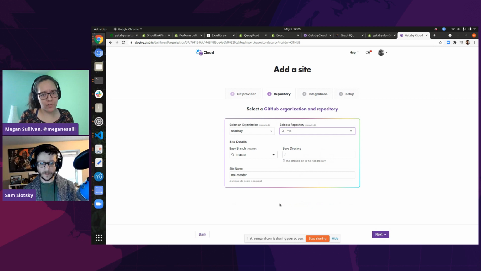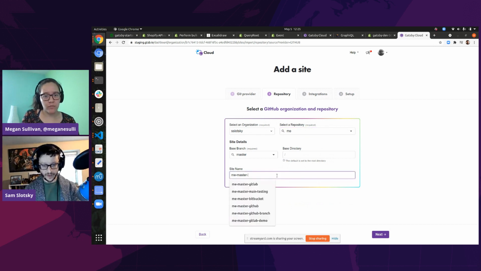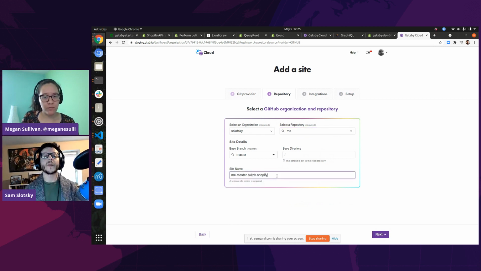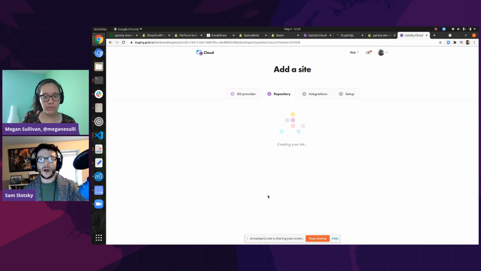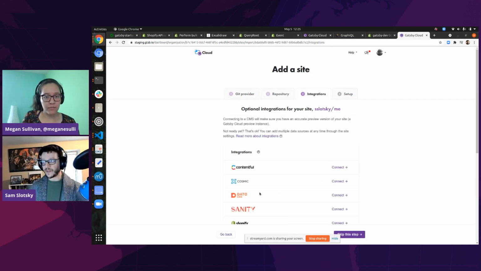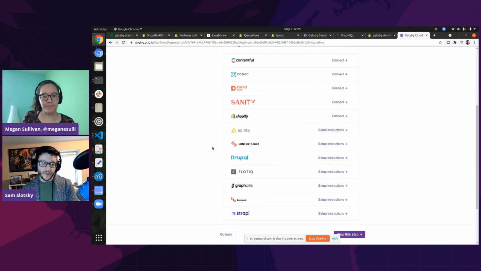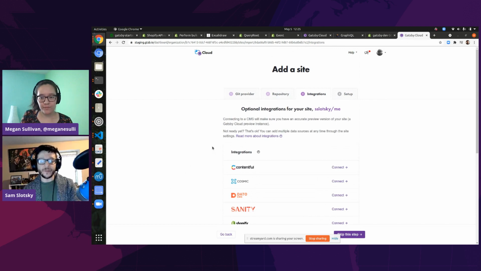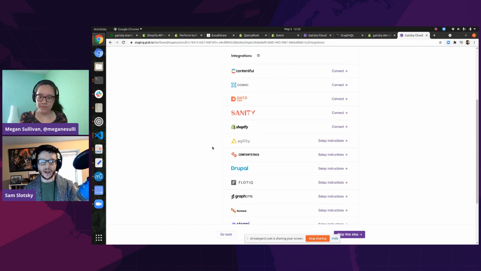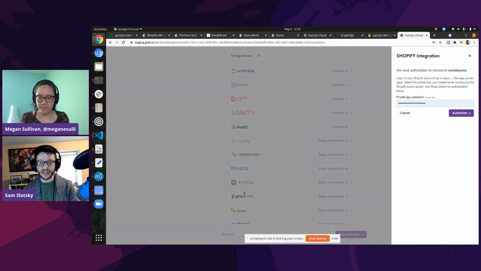And what are the webhooks for? Like, what would you use them for? Right. So the webhooks are what tells Gatsby Cloud that a data update happened and I should run a new build so that my new content shows up on the website. So yeah, when you're creating your site, there's this integrations part, and Shopify will soon be available on this list, and you click connect. Right now, we don't have OAuth fully configured, and so you have to go in to